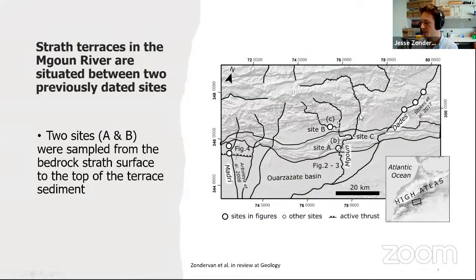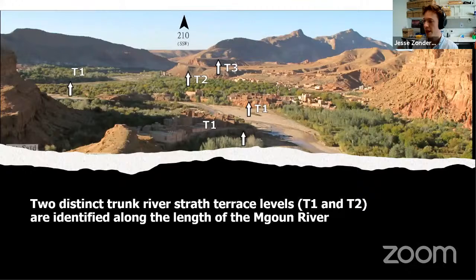We're going to look especially at the Magoon River and two sites here, site A and B, upstream of site A. And this river, the Magoon, is in the middle of two sites that have been dated previously, the Madri River and the Dates River. But we're going to look at these two sites where we date in high detail from the bottom to the top of the fluvial sediments in these strath terraces. And so this is an image